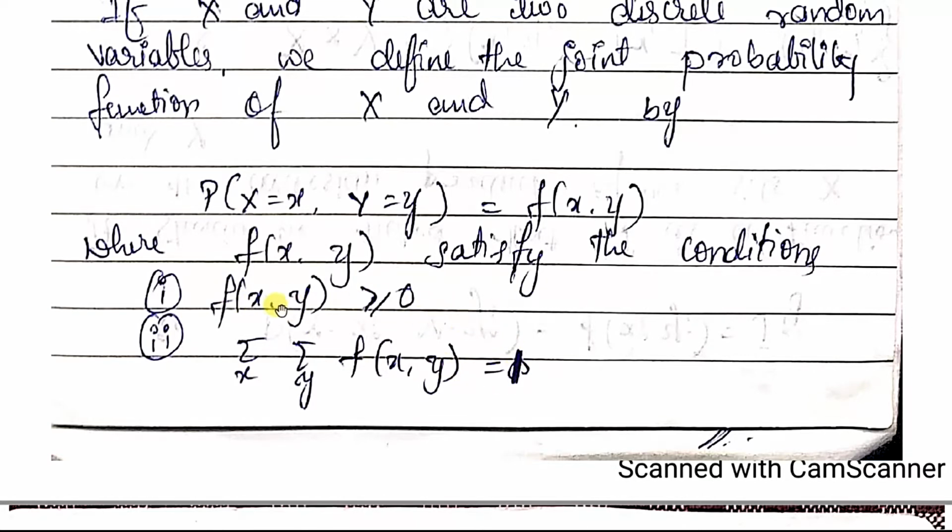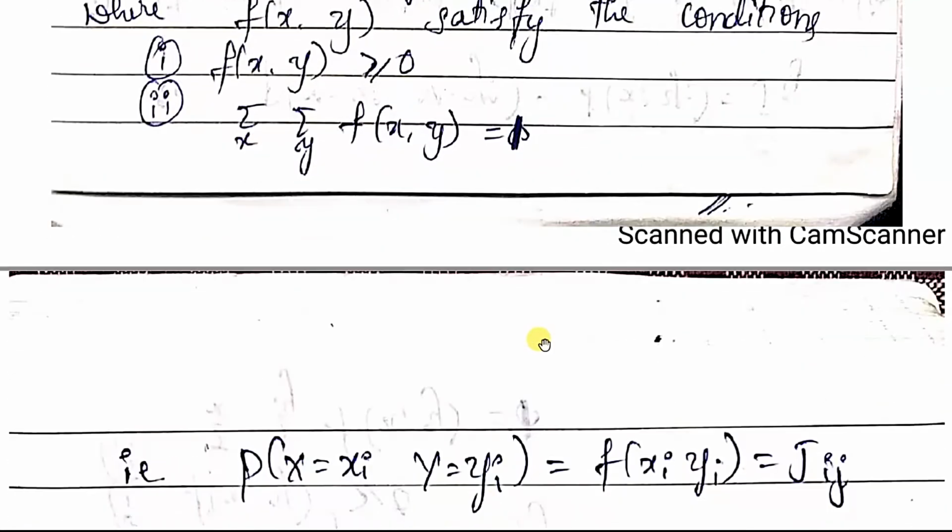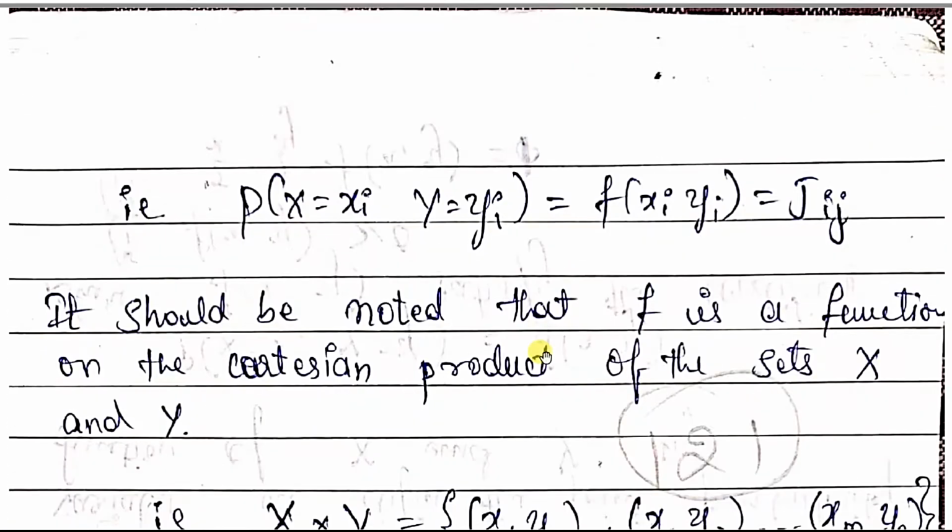In a similar way, if two random variables are given, then it is a joint probability distribution. In that joint probability distribution, these are the two necessary conditions that have to be followed, for f of x comma y. See, these are the two random variables. There it was only one random variable, only x we had. Here it is two random variables, f of x comma y must be greater than or equal to 0. Then the second one is summation over x and summation over y of f of x comma y is equal to 1. So these are the necessary conditions that have to be followed for the joint probability distribution.